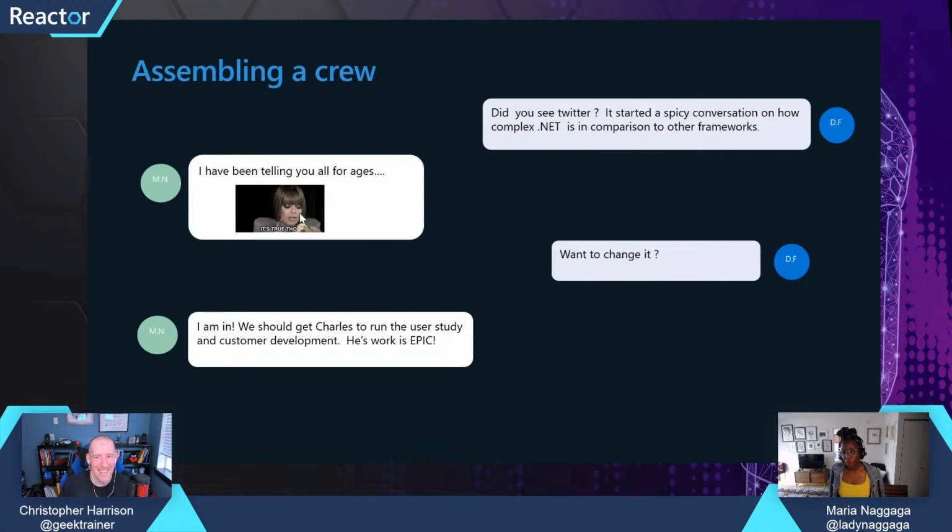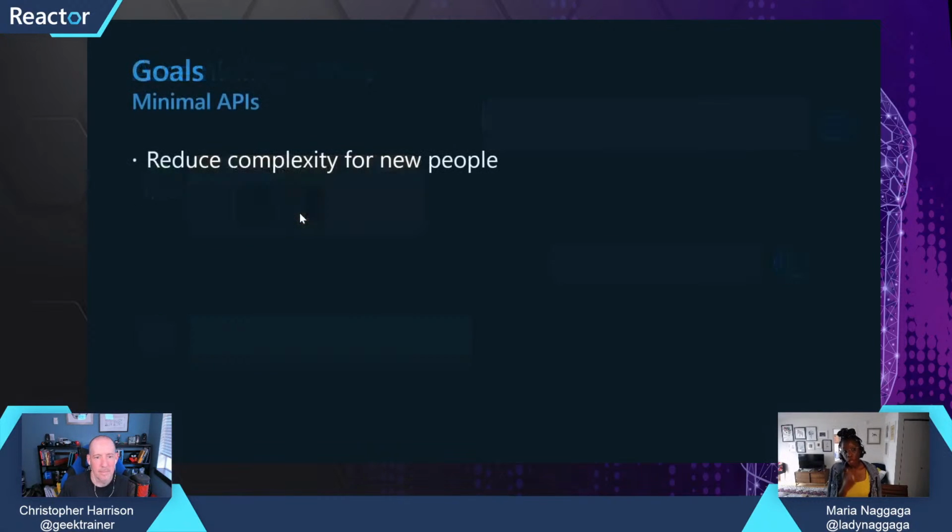I'm glad you brought that up because everything, even about the user experience, before we actually commit to a product, we go out and talk to the customers that we want to build things for, the customers that we want to support so they can go on to their next thing. And we also come up with a bunch of core goals and principles. So when we thought about the goals for minimal APIs, the first thing that we wanted to do